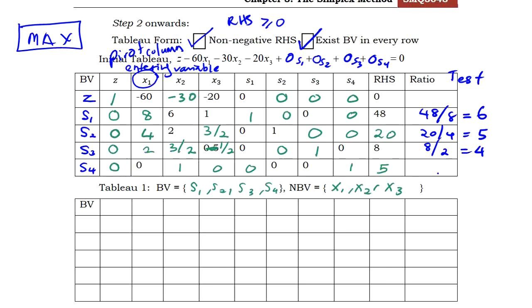For this case, there's no value, so just put dash. Okay, so by using this ratio test,